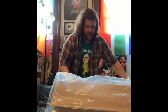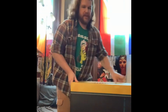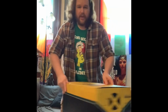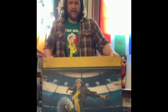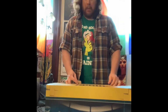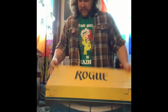I'm not sure what was seen. Let's flip it over, but here it is. X-Men from Sideshow, and for the big ta-da, so there it is. For any of you who know me, you know Rogue is one of my all-time favorite characters, period, from any sort of fiction, so